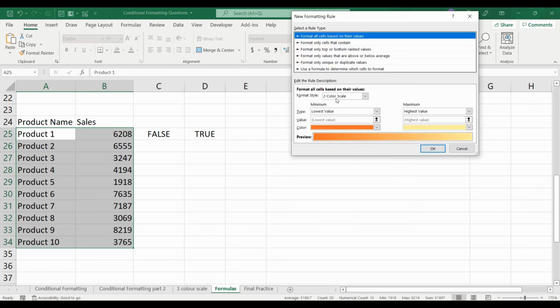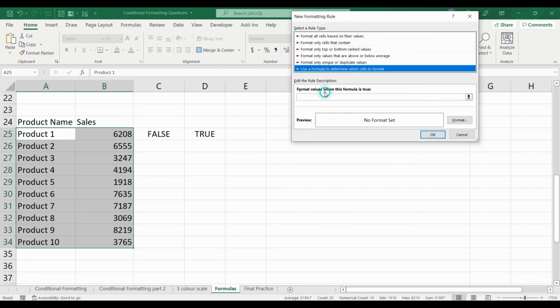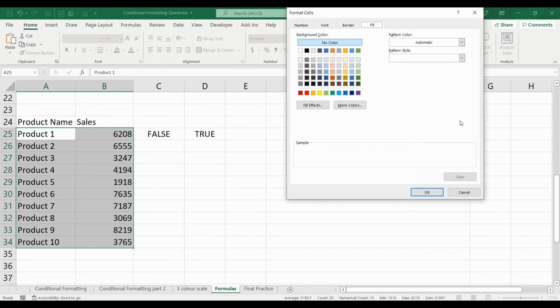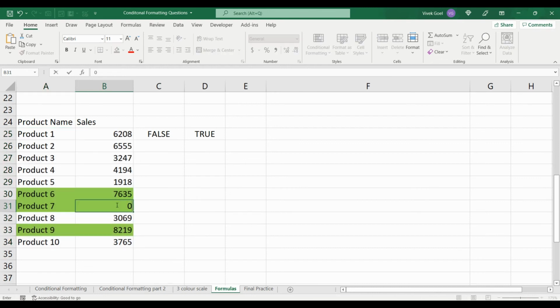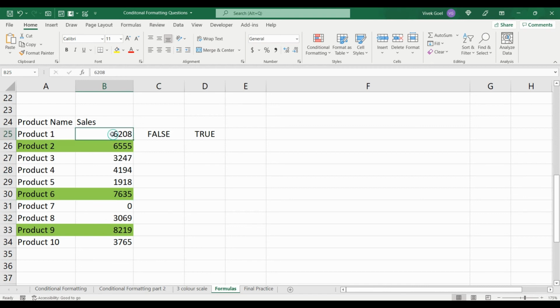We will go to conditional formatting, new rule, formulas, and let's paste our formula. We will change the formatting to our green color, and now it's highlighting the top 3 rows. Let's change the value of one of these cells and we will make it 0, and now the color of this row has changed and it is instead reflecting in another row, which proves that our formula is dynamic.